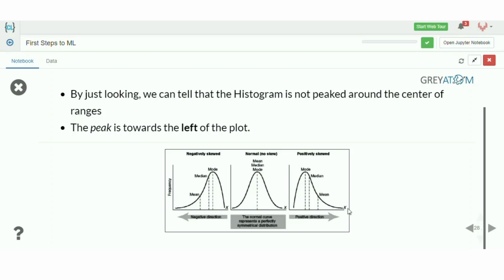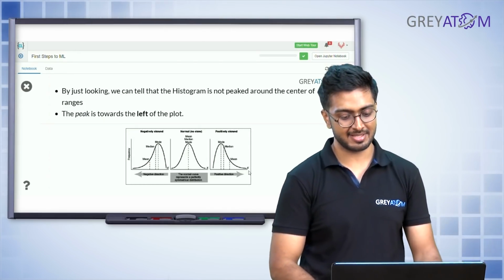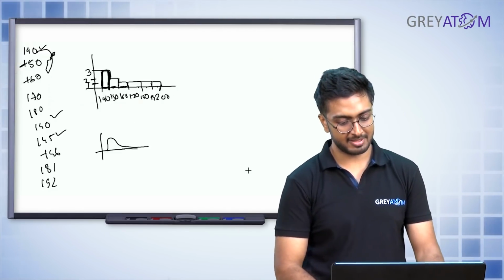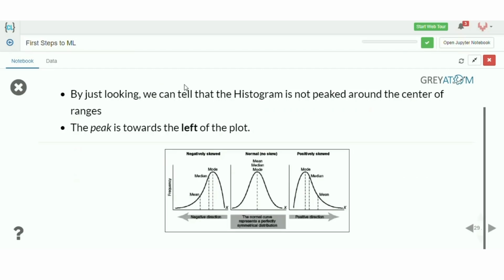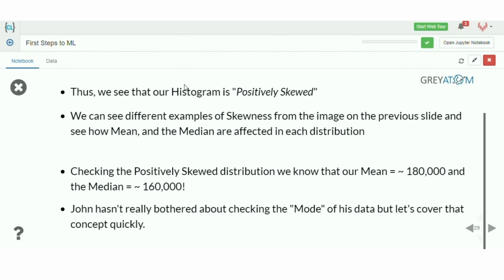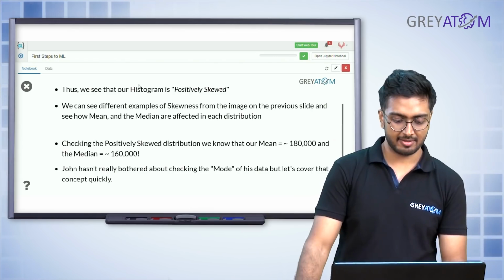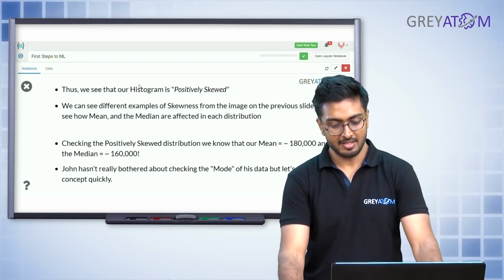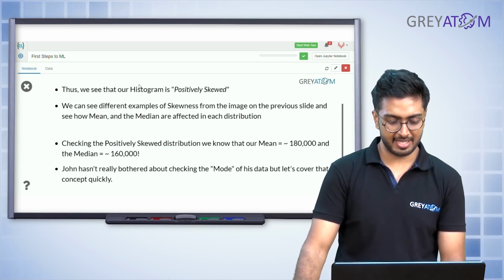Because on the x-axis is basically the price of houses, on the y-axis is basically the frequency of houses, right? You remember this curve. So this is basically the price of houses and this is the frequency. So basically the frequency is low, which means that there are expensive houses but not very frequent, right? So that's why we see positively skewed prices, and that's why we see our mean is roughly 180,000 whereas median is 160,000. So John was really not bothered about checking the mode of his data, but let's cover that